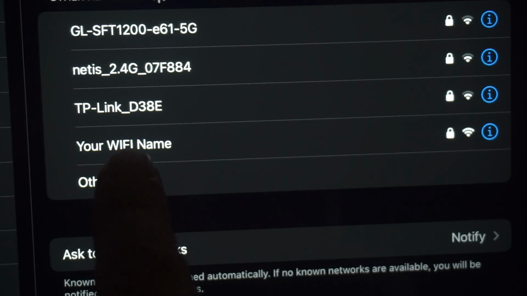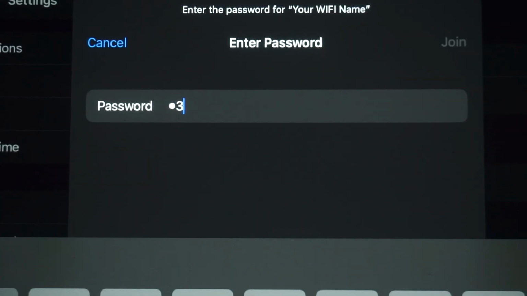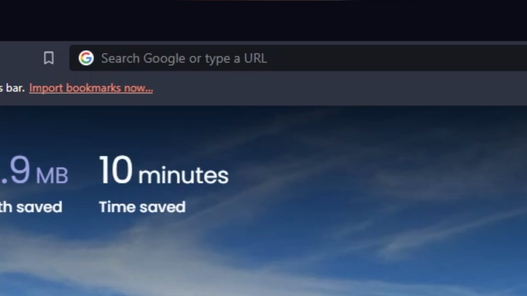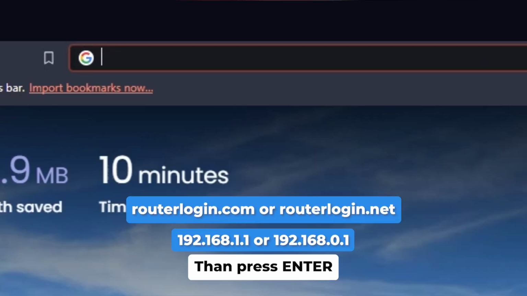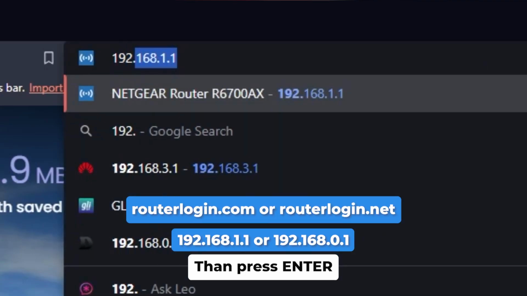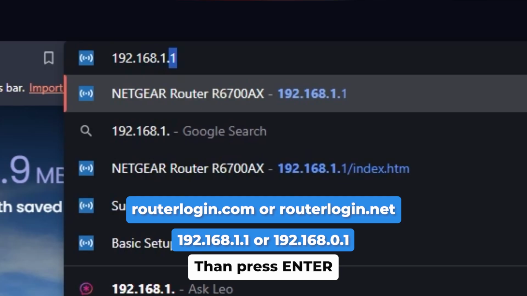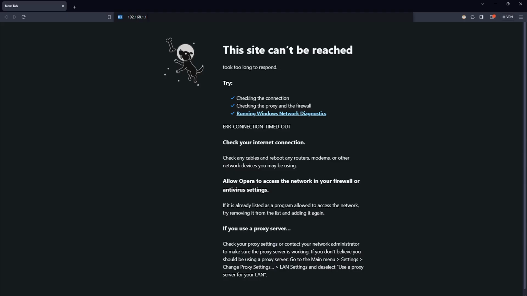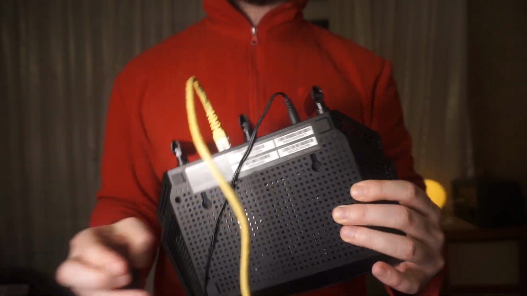First, connect to your Wi-Fi network. Or skip this step if you have a wired connection between your router and computer. Open a web browser and go to the address you see on the screen. And press Enter. If none of these addresses worked, then find the address printed on a label on the back